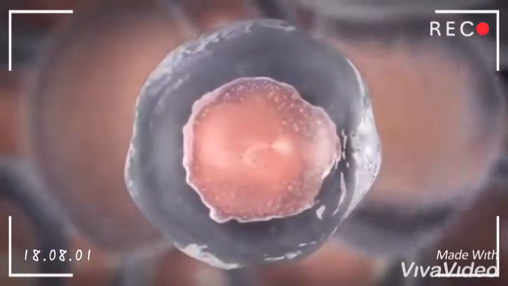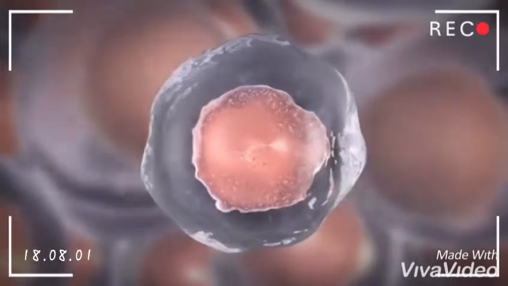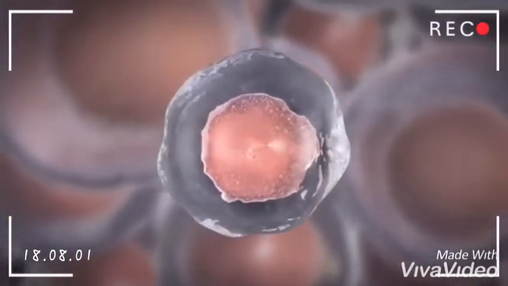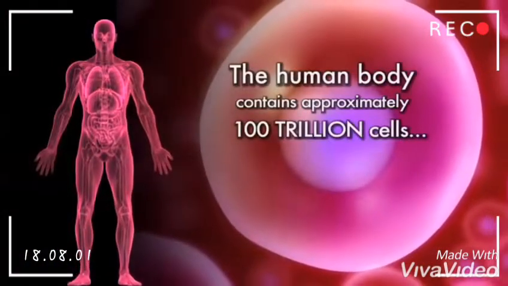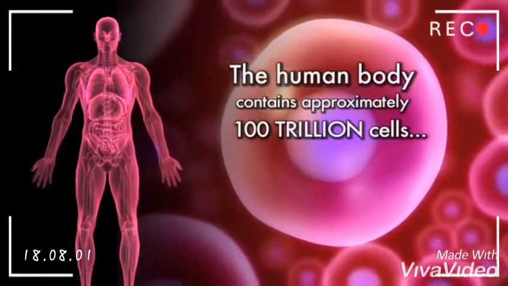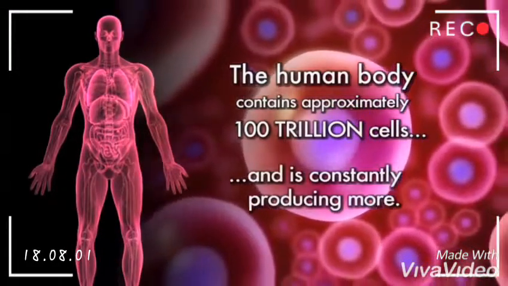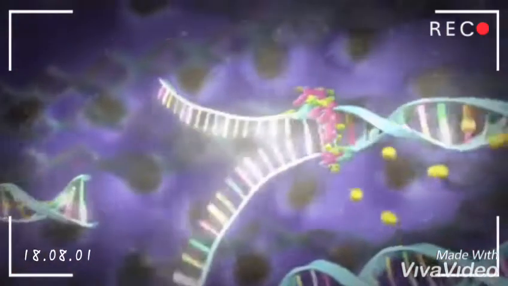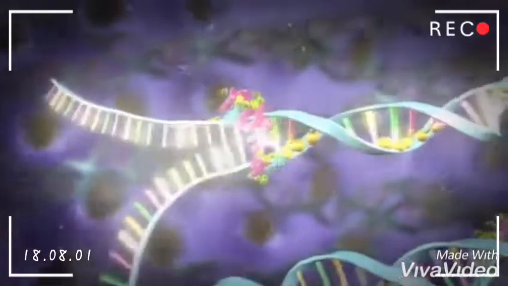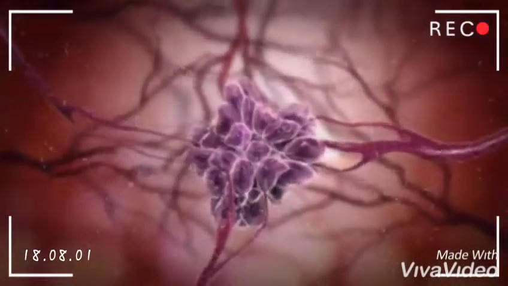A cell is the functional basic unit of life, often called the building block of life. You must have about 100 trillion cells. Your body is constantly producing new cells. In this video, we'll discuss how cells divide, how chemotherapy affects cells that are dividing, and how chemotherapy affects cancer